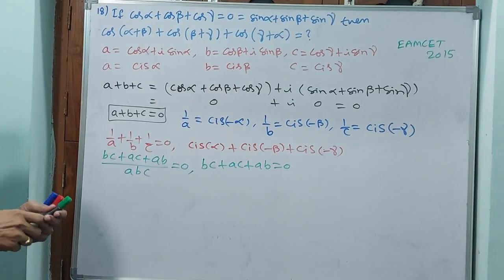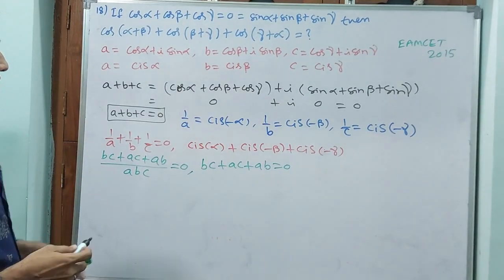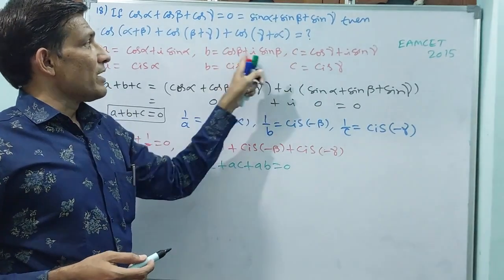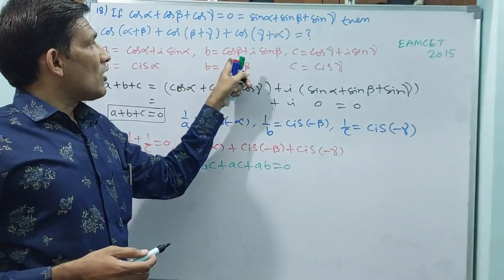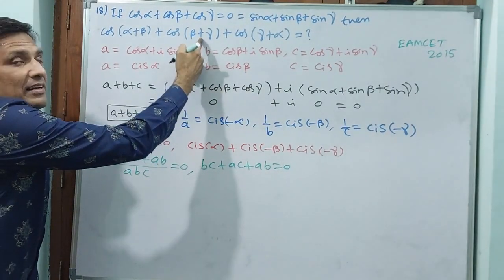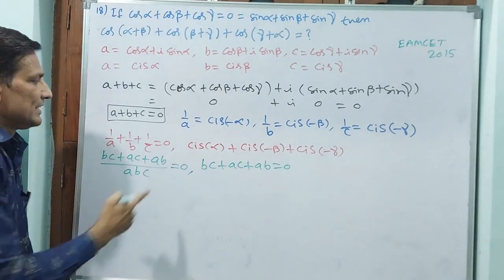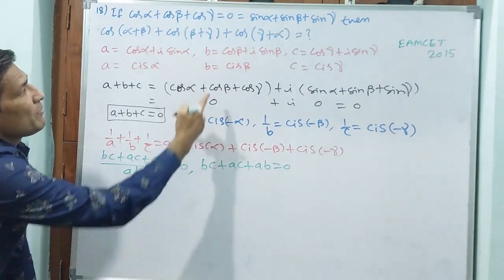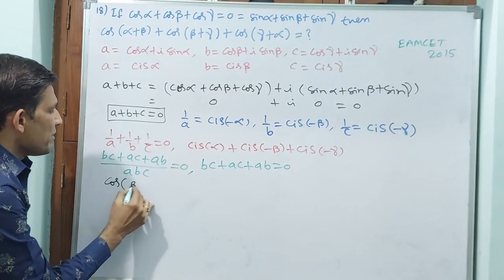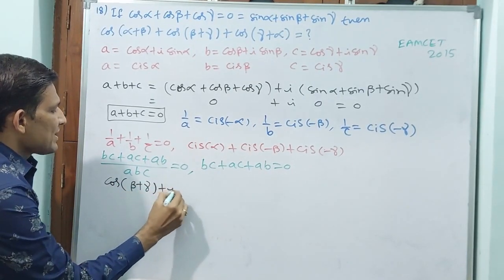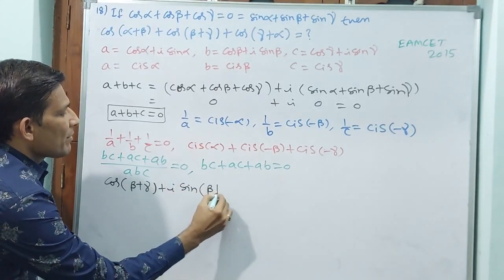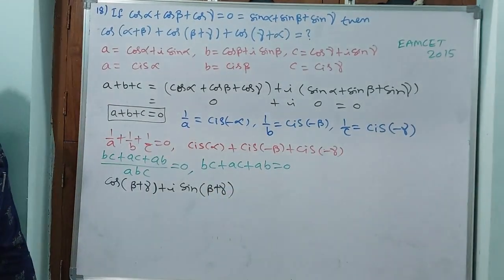Now come back again. See what I am doing now. BC means what? These two you have to multiply. Multiplying means what you are going to do? Cos of beta plus gamma. That's all, write down. Why? Because you require that only. You see here, by seeing this you can get the hint. BC means, see, beta, gamma angles you have to multiply: cos of beta plus gamma plus i sin of beta plus gamma. Is it okay? Definitely okay. Plus